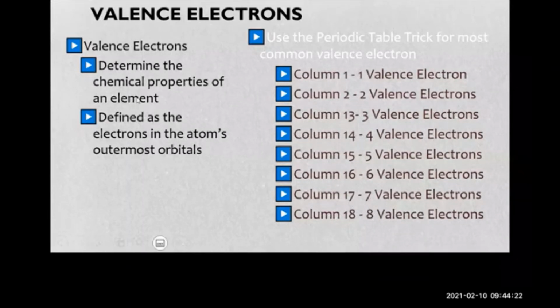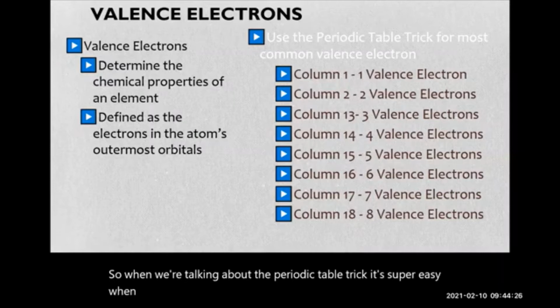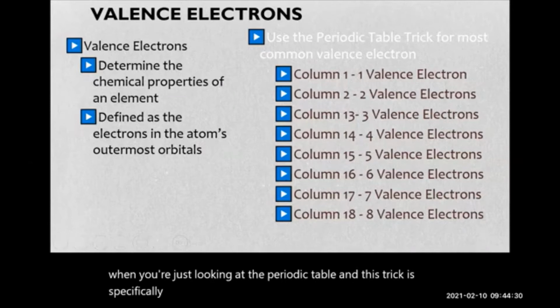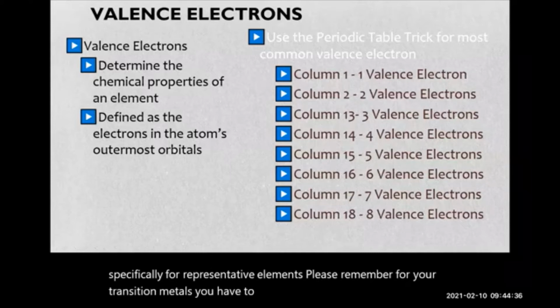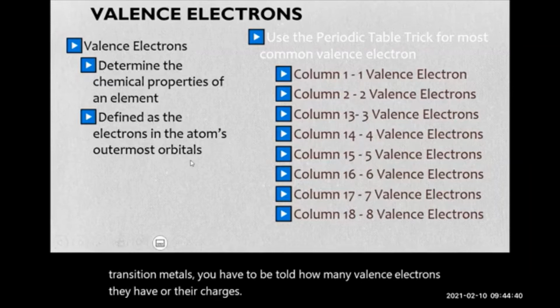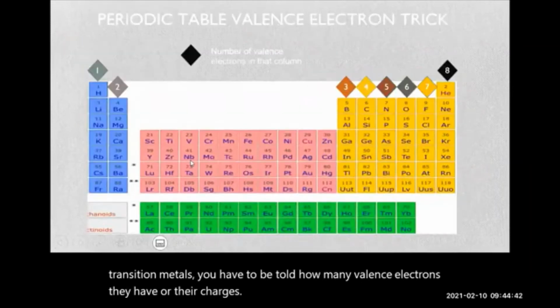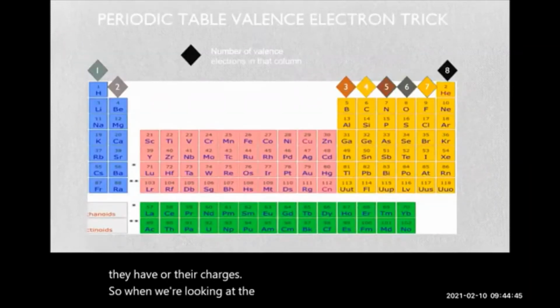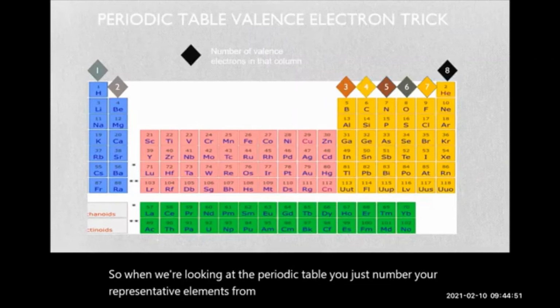So when we're talking about the periodic table trick, it's super easy when you're just looking at the periodic table. And this trick is specifically for representative elements. Please remember, for your transition metals, you have to be told how many valence electrons they have or their charges. So when we're looking at the periodic table, you just number your representative elements from 1 to 8, and